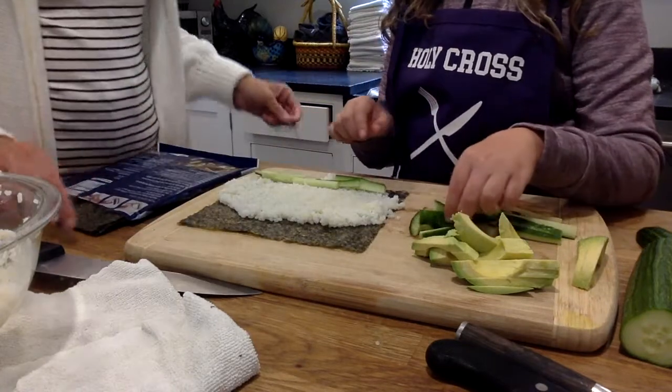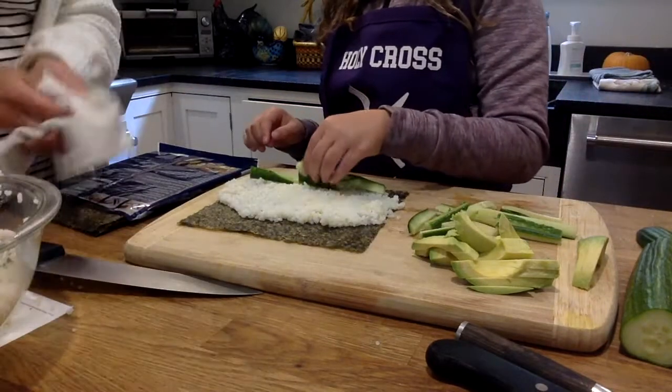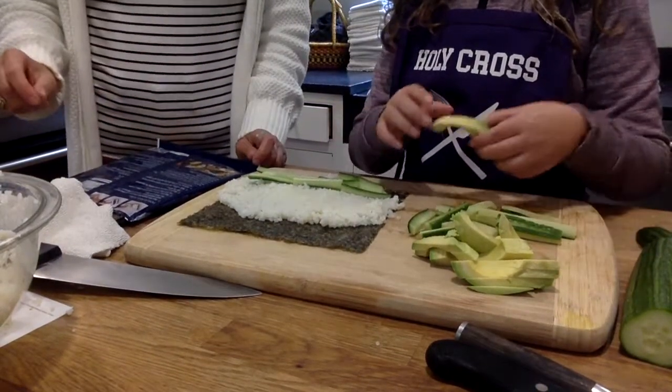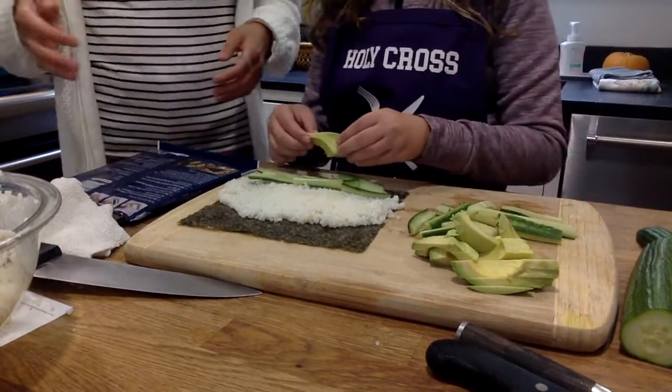No? Okay. Sometimes the cucumber takes the taste. You do it to your taste. And then if you want to put mango in here too, that's a great addition. And then you can put some sesame seeds in here right now. If you're a big fan, try to get...